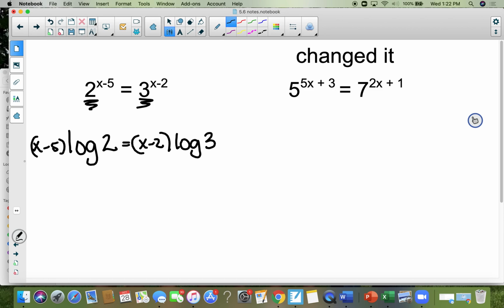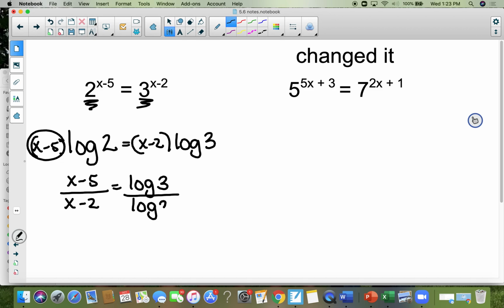So what I would do is maybe take the x minus 5 and divide it by the x minus 2, and I would take the log of 3 and divide it by the log of 2, and then I would figure out what the log of 3 divided by the log of 2 is, and you would get x minus 5 over x minus 2 equals